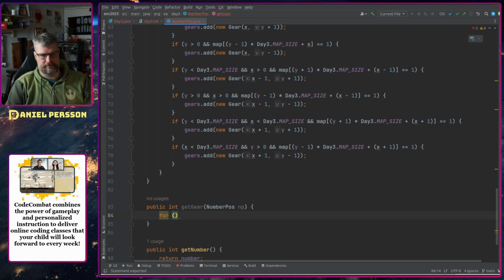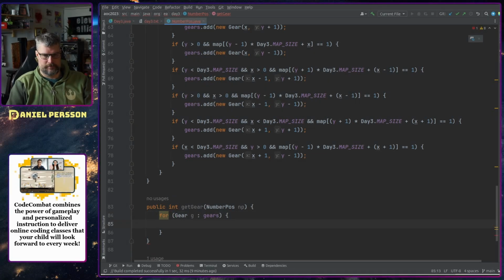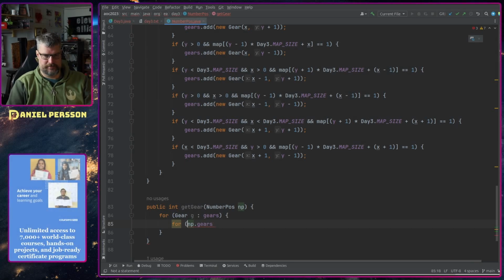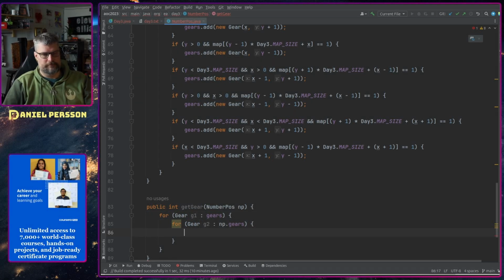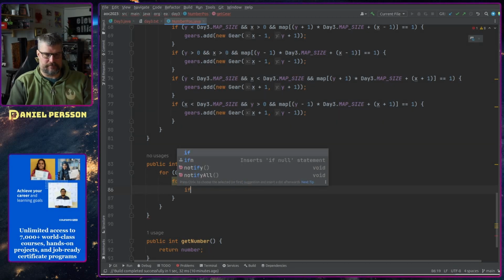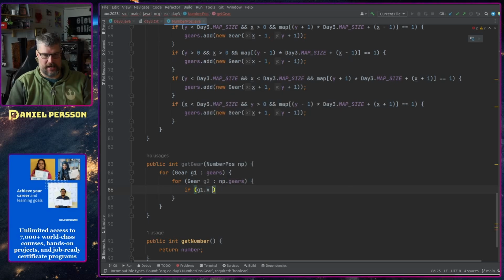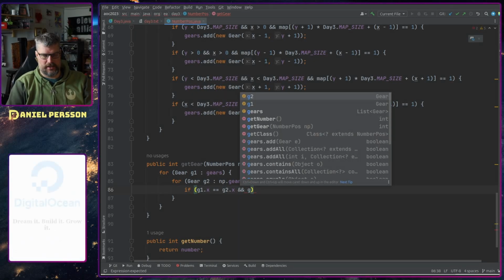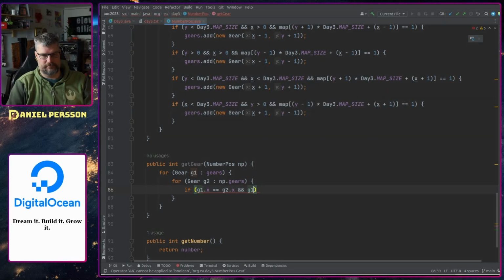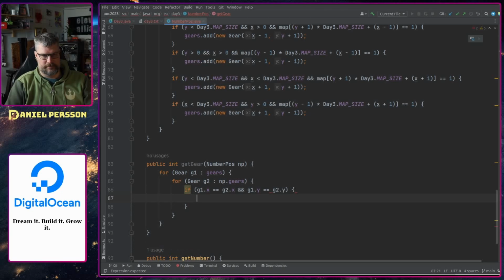So for gears, mp gears or g2 gear, if g1 x is equal to g2 x and y is equal to g2 y, then we want to take